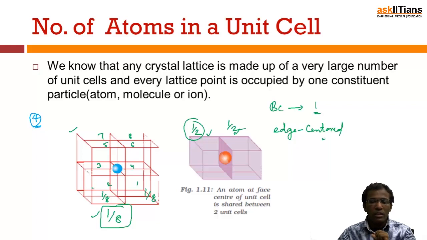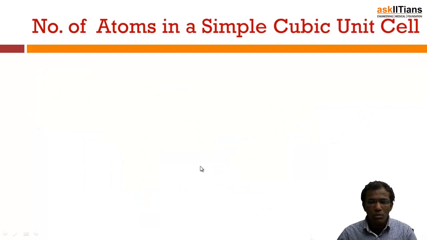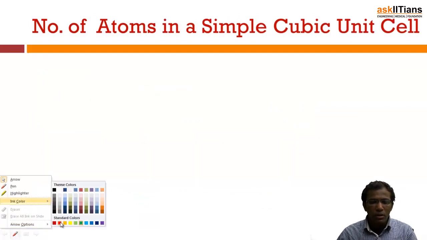So, if a particle is present at the edge center, say here at the center of this edge, only 1 by 4th will belong to one particular unit cell. Okay. So, this is the contribution of the particles. So, let us calculate the number of atoms in each unit cell one by one. Let us first calculate the number of atoms in a simple